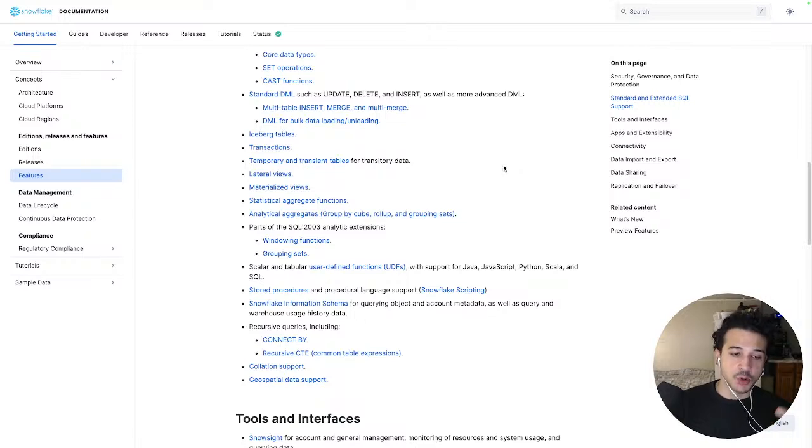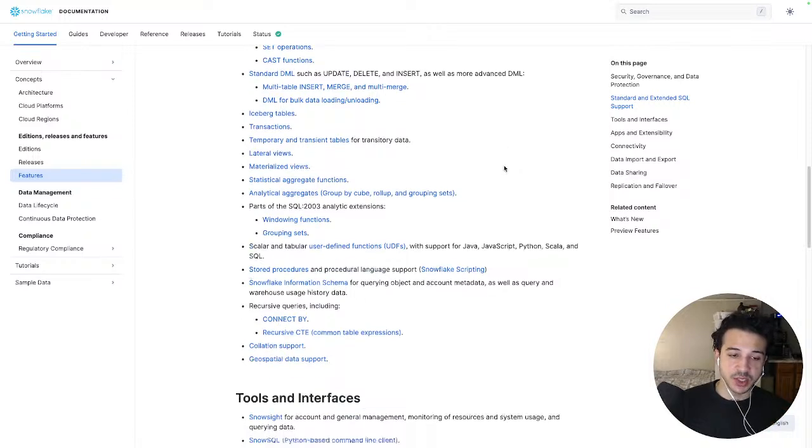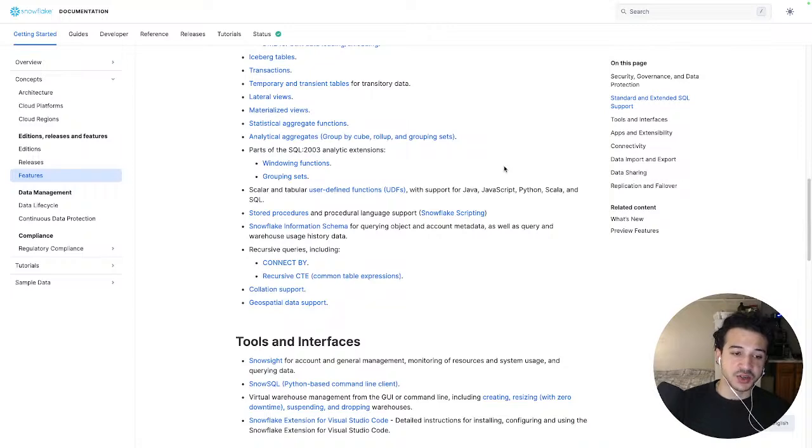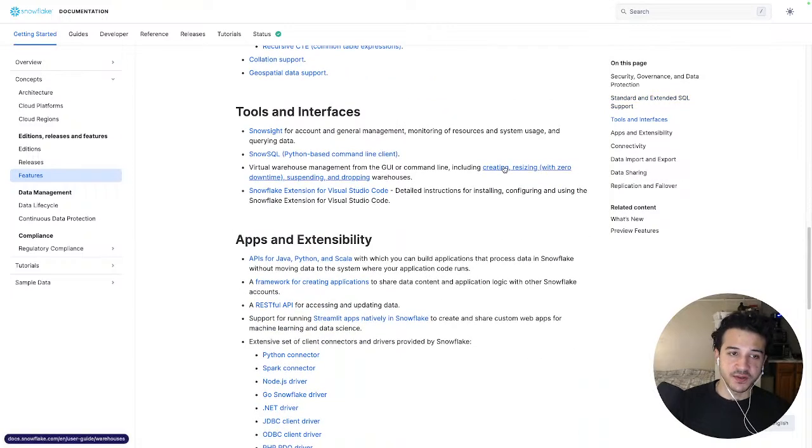connect by, recursive CTE, common table expressions, collation support, geospatial data support. Tools and interfaces: Snowsight for account and general management, monitoring of resources and system usage, and querying data. SnowSQL, Python-based command line client. Virtual warehouse management from the GUI or command line, including creating, resizing with zero downtime, suspending and dropping warehouses. Snowflake extension for Visual Studio Code,